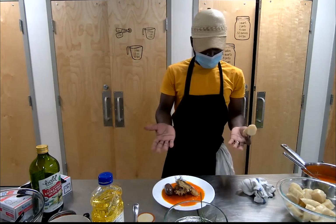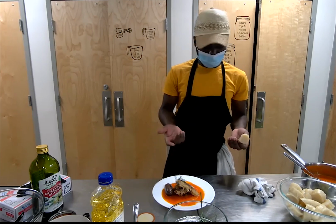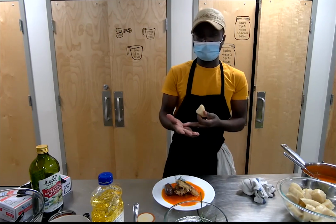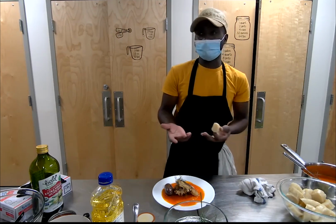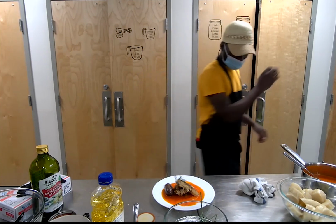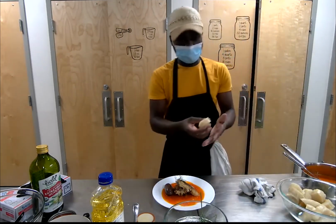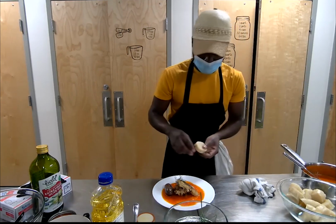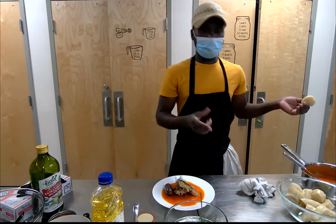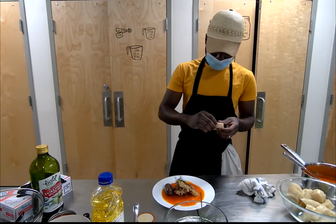My hands are still pretty much clean because I washed them many times. So I wear gloves, but I have to make sure to wash again, so you don't just eat right away, because your hands get sweaty inside. So you have to make sure you wash your hands for good health too. So I'm going to go wash my hands. Now I'll just show you the demo, because some people, when they take gloves, they just take right away and eat. So you don't have to do that. You make sure, like I just did, your hands are clean and you wash your hands, and then you take a piece